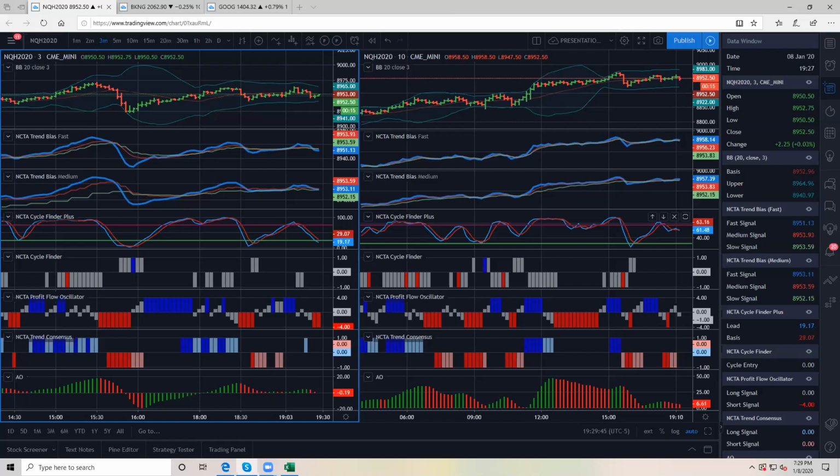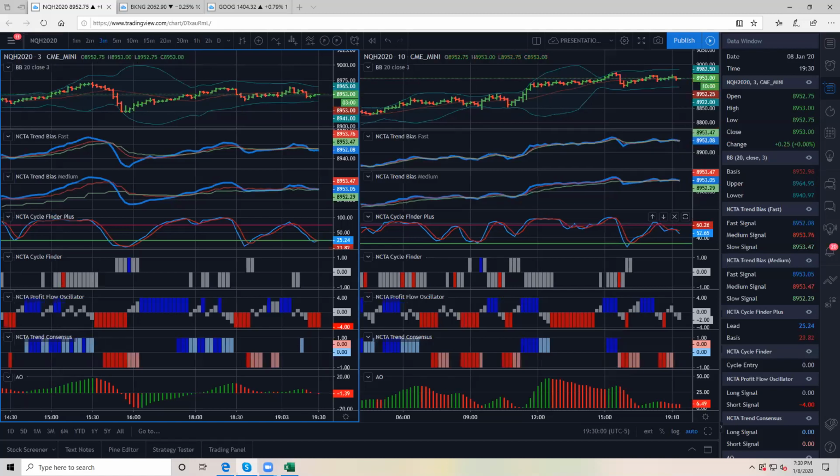It doesn't matter what's going on in the world. It doesn't matter which direction the market is trending. It always cycles. There are short-term cycles when we look at a 3-minute chart, and there are cycles throughout the course of a week or 2 weeks when you look at a daily chart. So you can always count on the market to cycle.